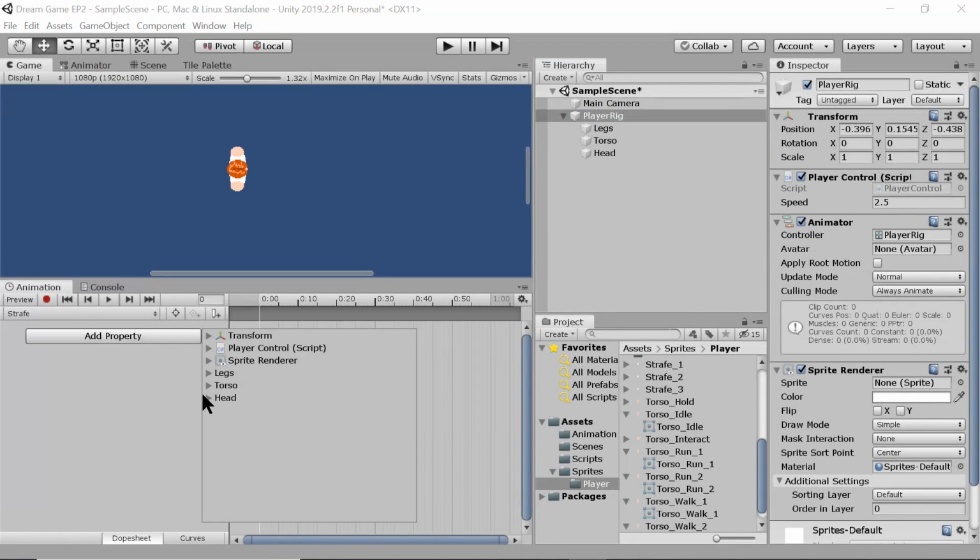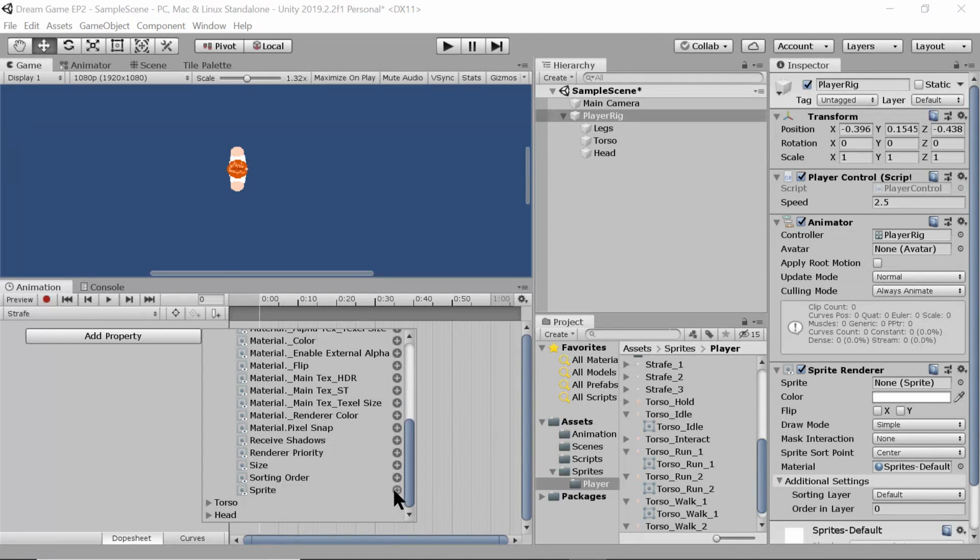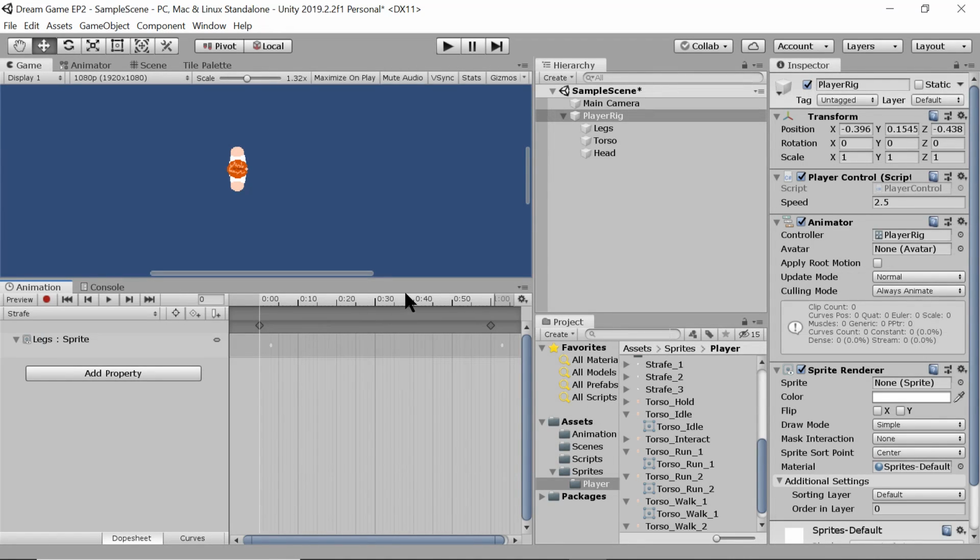And again, add our properties. At this point, the top's not really going to change. So we'll just do legs, sprite render, sprite. So the legs are going to